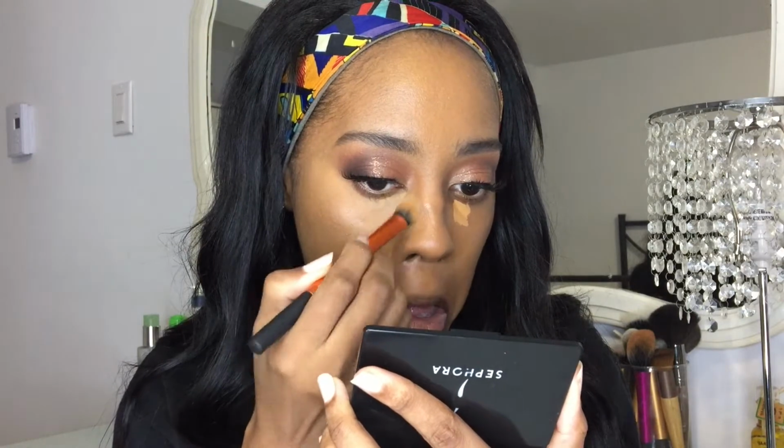So I use my small blending, what's it called? Expert concealer brush to blend out my concealer. I find it's really nice. It just takes time. See how well it's blended with a brush? Sometimes I don't have time to do all this because it takes time to blend it out. Next, I'm going to set it,